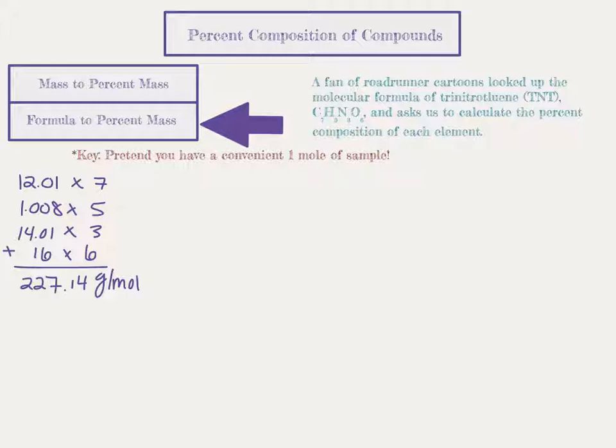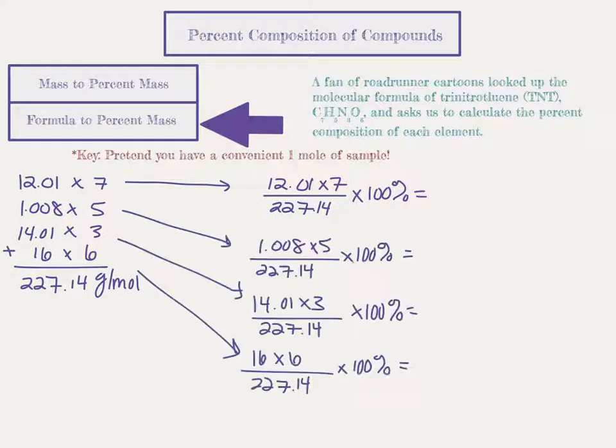Now all we need to do is take each individual amounts of the elements and divide them by the total molar mass, and multiply times 100 to get the mass percents. For carbon, that's 12.01 times 7 divided by 227.14 times 100, which should get us 37.01% carbon. For hydrogen, the same math applies, and we'll end up getting